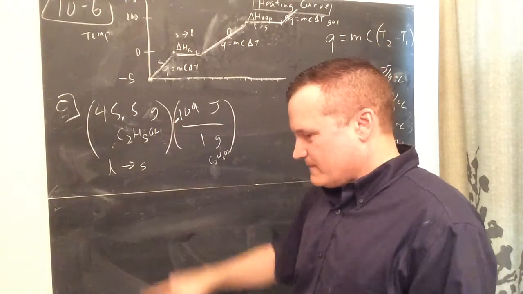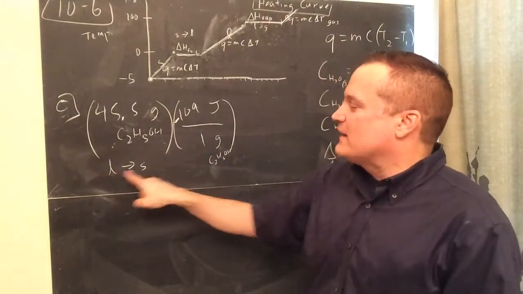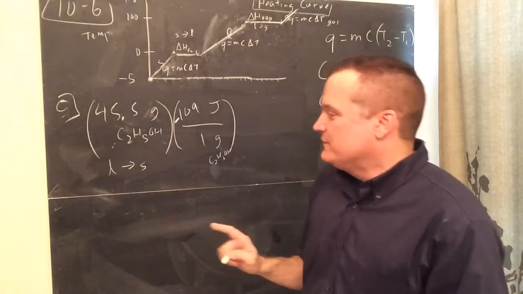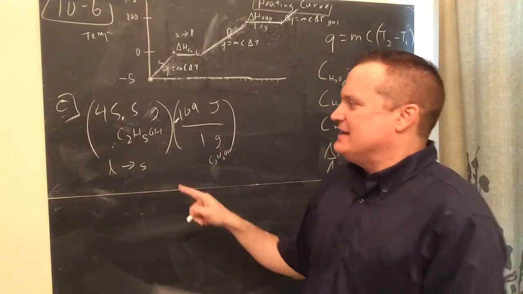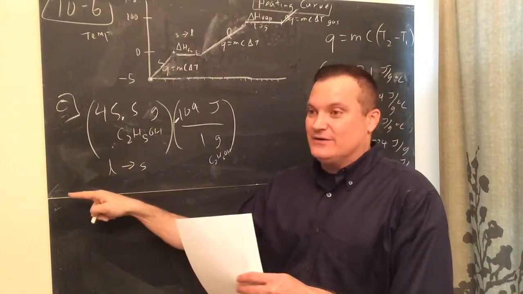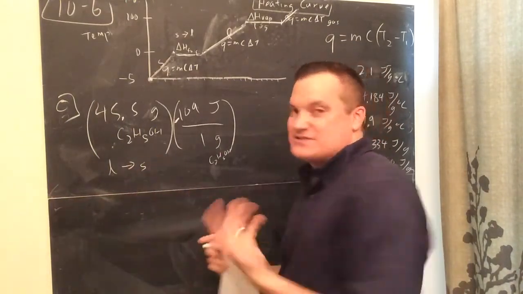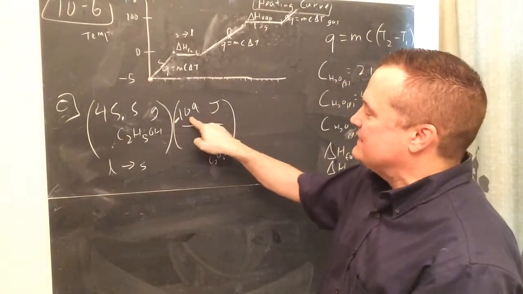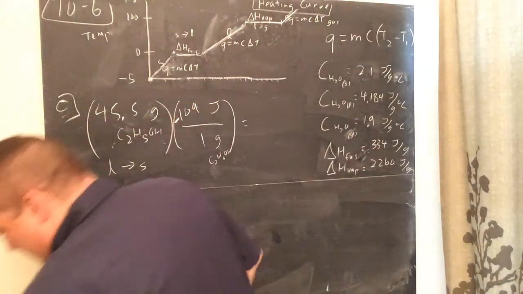Okay? The easy way to know it is, I always think, what is endothermic? When I go from liquid to a solid, do I need to add heat? Adding heat would mean endo. Do I have to add heat to water to make it freeze? No. You add heat to ice to make it melt. So that direction is endothermic. So that means the other one has to be exothermic, and exothermic always has a negative value for the heat. Negative 109. So 45.5 times negative 109